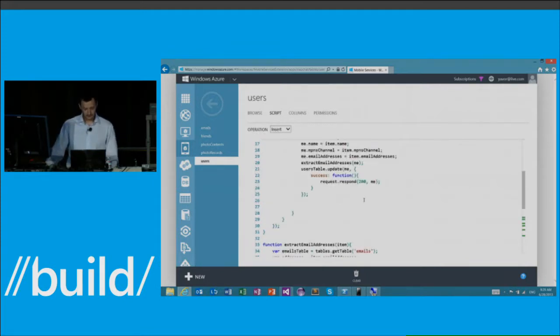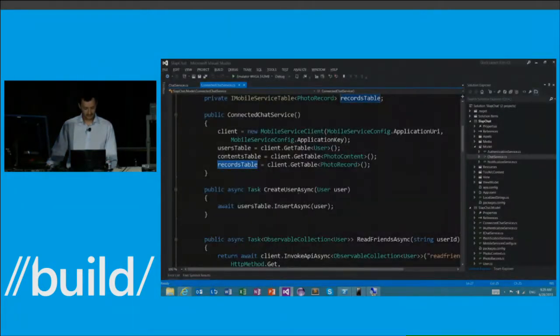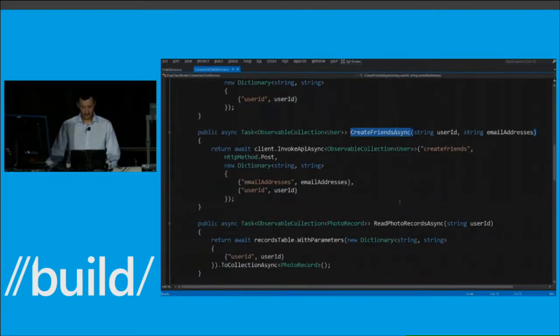Now, the next step after I create a user is to add friends, right? You saw me press that button that says invite my people hub friends. So let's go back to our service here. You'll see I have this create friends method here. And before, it used to do some client-side stuff. Now it uses this invoke API method to call something called create friends. And now this is slightly different, right? At this point,